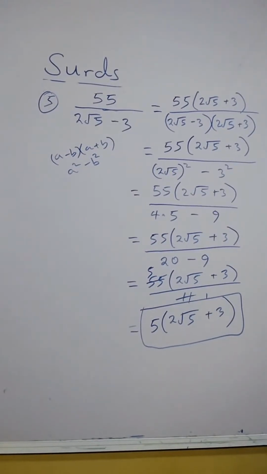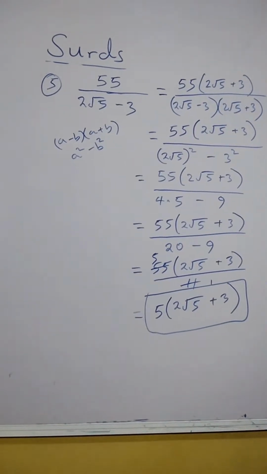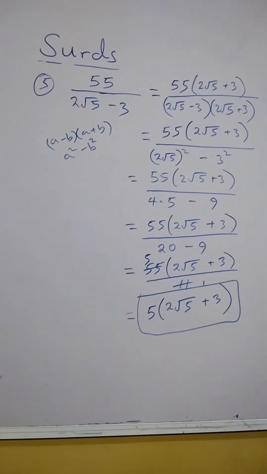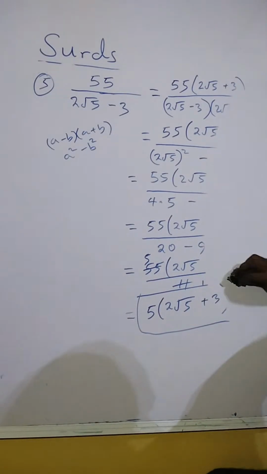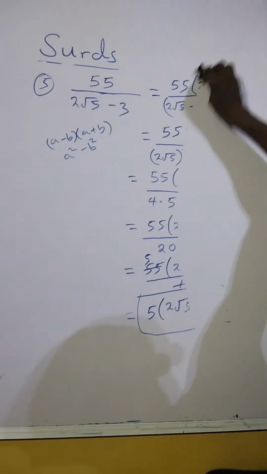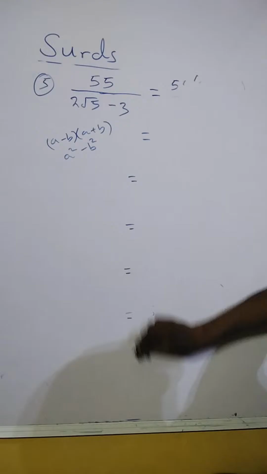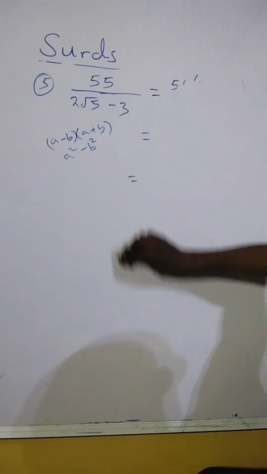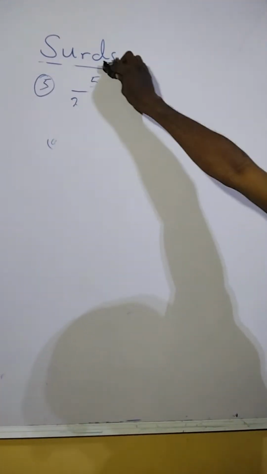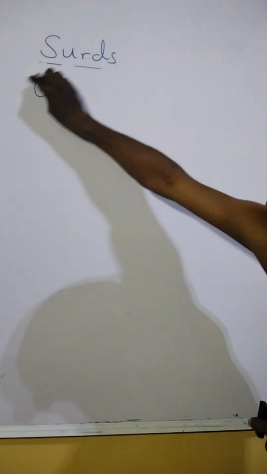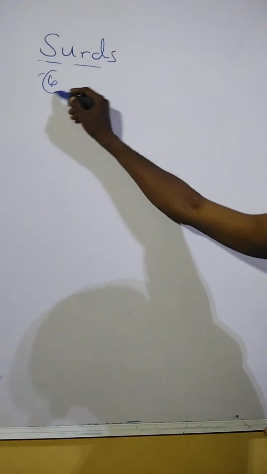Okay, so here we can look at another one. Let's look at another question here, which is number 6. From here, we also have another interesting question. So we label this as number 6,